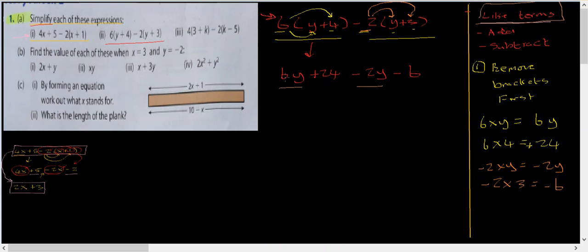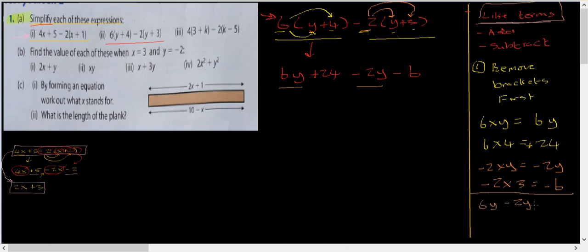It's like saying there's 6 bananas and minus 2 bananas, for example. And all we're saying is instead of bananas, we're just using y. So 6y and minus 2y, these are like terms. So we can add and subtract like terms. So let's do that here with these. Let's just draw a line under this. And so we have 6y